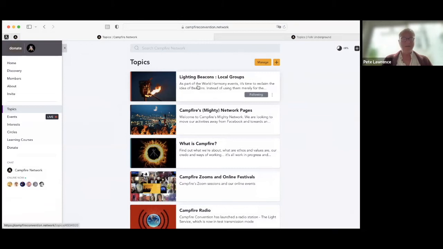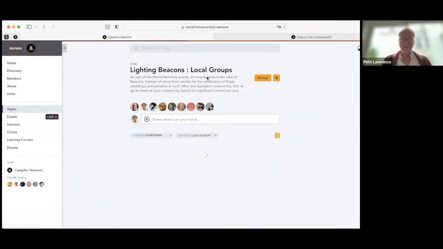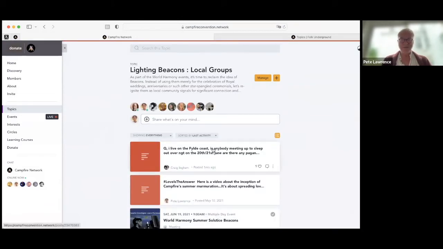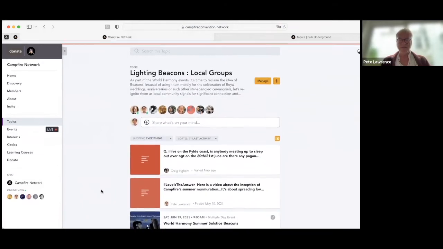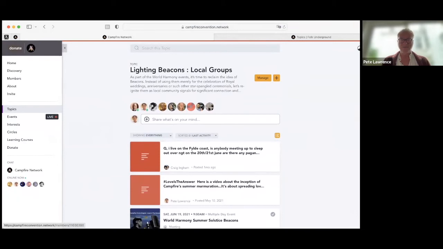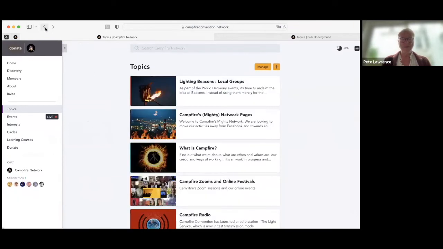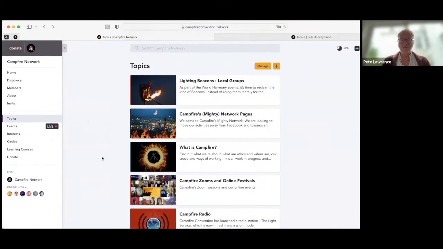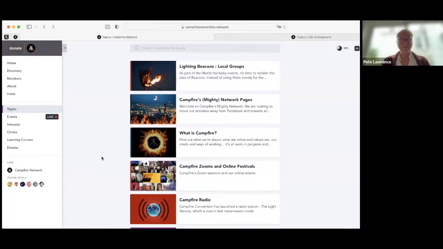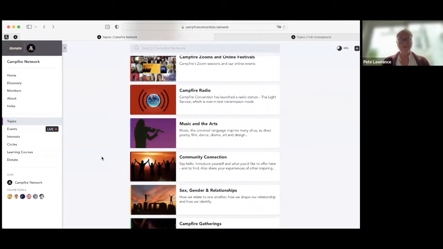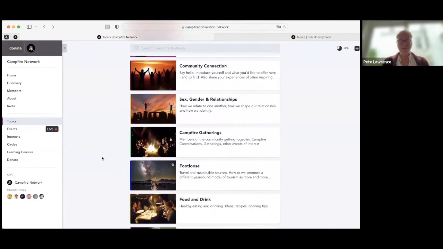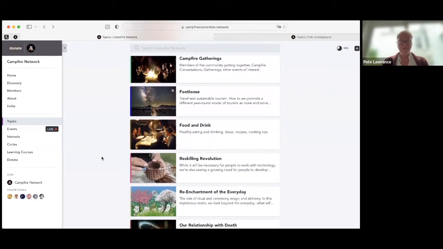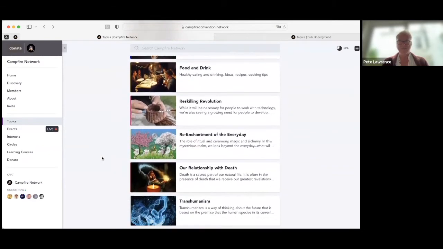This is the idea of local groups forming. There's not really much in here, but you can see that there is actually stuff that's been tagged with this. So there are a few things in here, and you can see the people who are following this particular topic. If we go back, we've got 5 at the top relating to Campfire. Then we've got more general topics like music and the arts, sex, gender, relationships, Footloose, food and drink, reskilling, revolution,